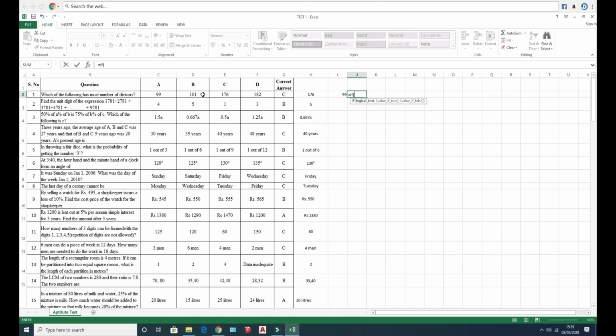Similarly, we have to create the other 3 options. Like the IF condition, you select the cell, that is D2 equal to H2. If the condition is the same, it will be marked as X. If not, D2 will be entered. Then E2 equal to H2, the condition will be X, then E2.